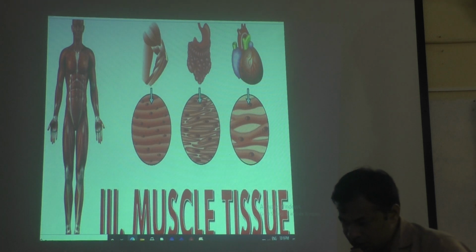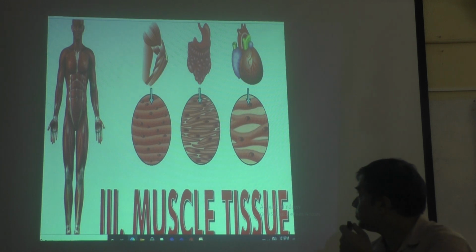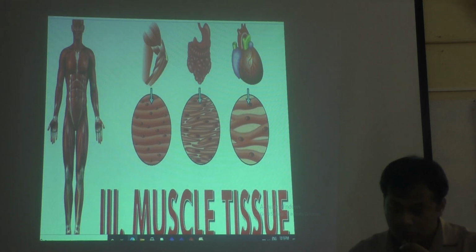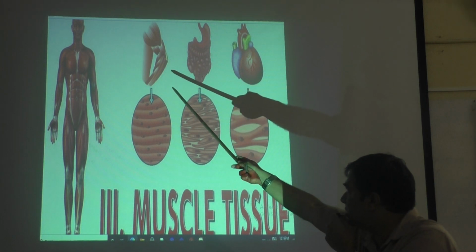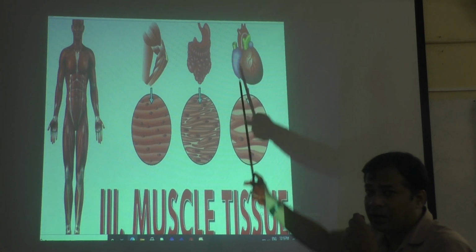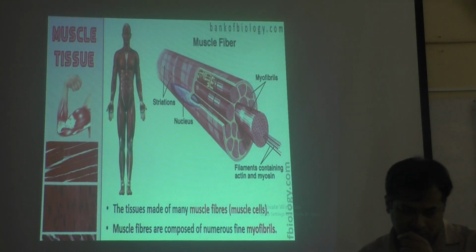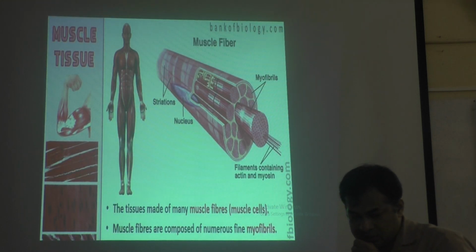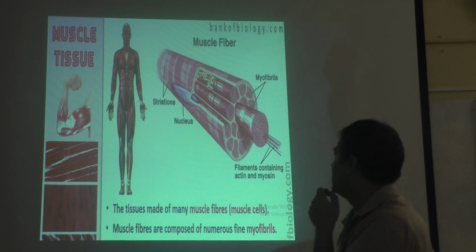Then next we have to discuss about muscle tissue. Very important, muscle tissue. You already know, in high school classes you have learnt. You can see that. First one they are showing striated muscle. This is unstriated muscle. Then this is cardiac muscle present only in the heart. They are showing the location. So muscle tissue, if you take a cross section of muscle tissue, it will be like this.